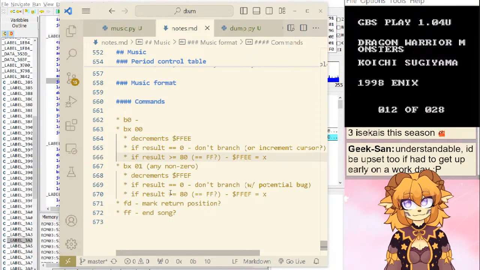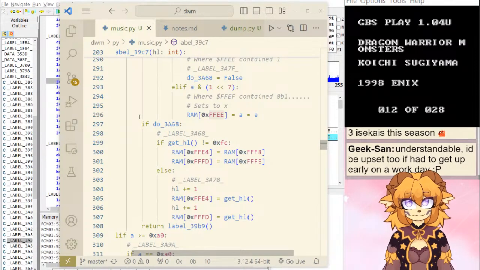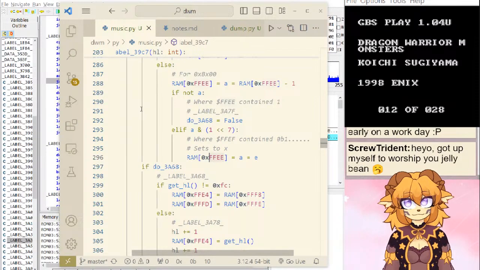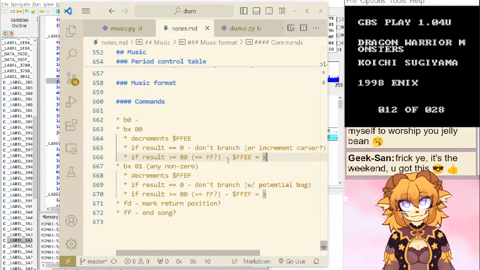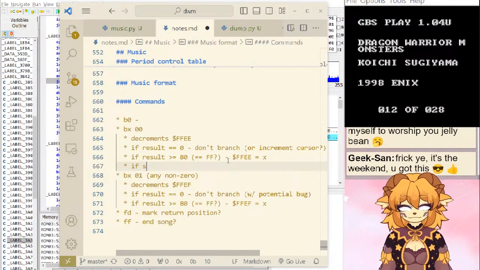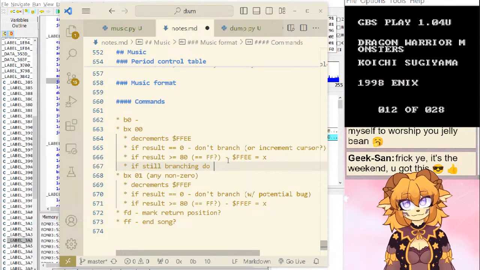Okay, I think about it. So then branching 0.